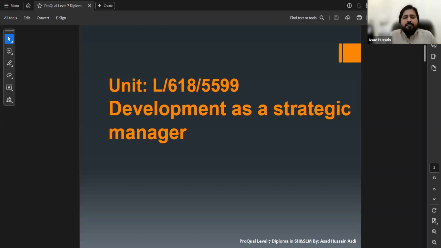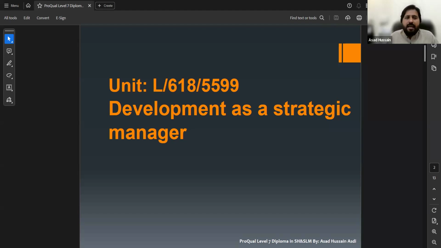So here, the purpose of this unit is to develop a strategic manager, the individuals working in management, working regarding occupational health and safety, or working in a health and safety management system. This unit is going to enhance their competence as a strategic manager.